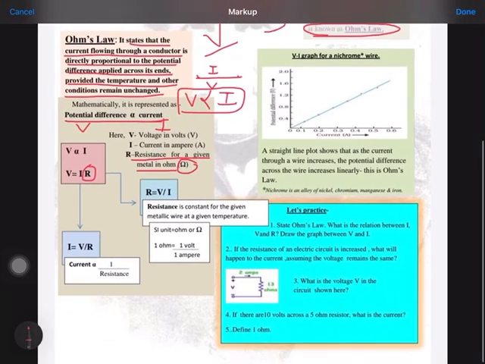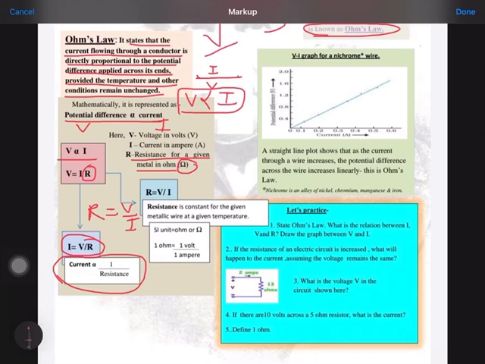Now there is a relationship which we were writing. V is directly proportional to I. When we place R, it will become V is equal to IR, or if we have to find out the resistance, it will become R is equal to V upon I, or I is equal to V upon R. So these are the two relations. Now here we can say that current is inversely proportional to resistance. Remember this, when the resistance of a wire is high, the current will be low, and if the current is high, then resistance will be low.